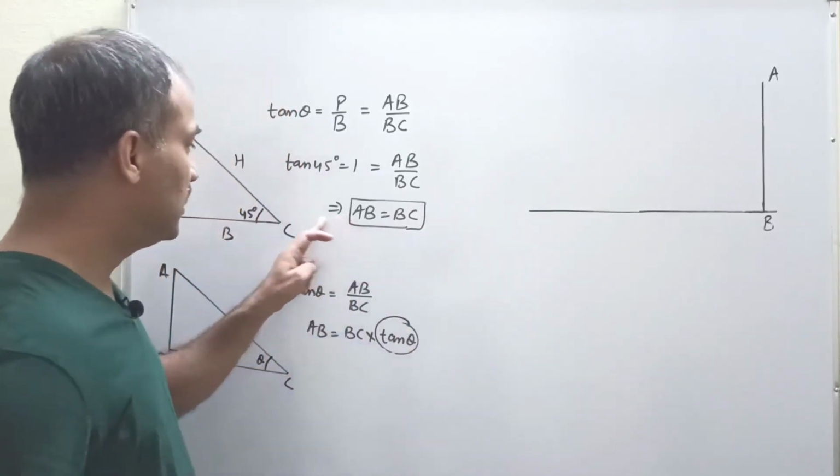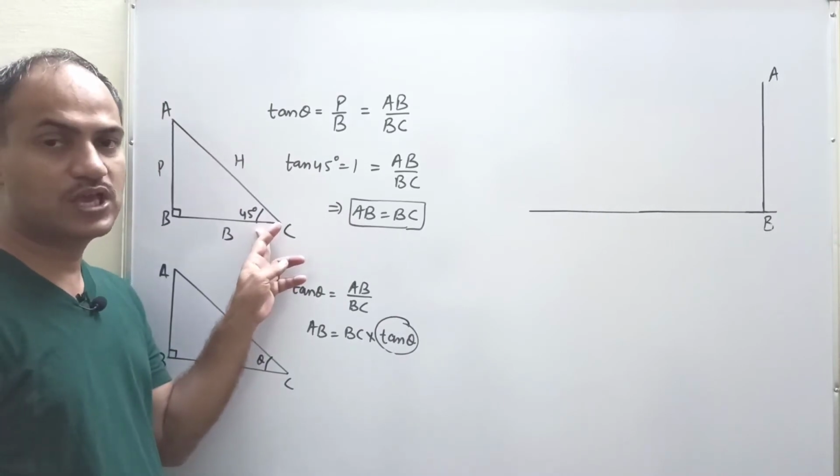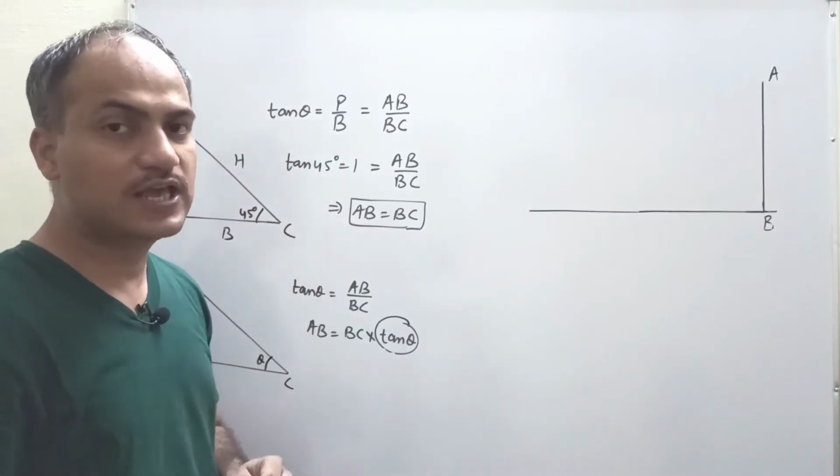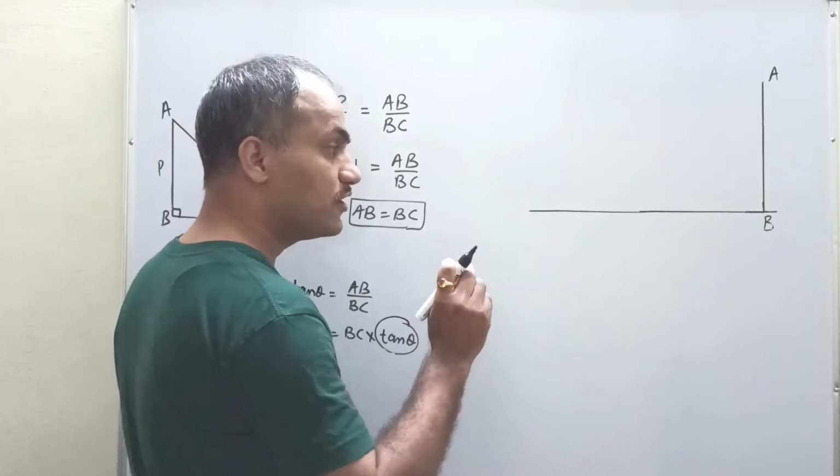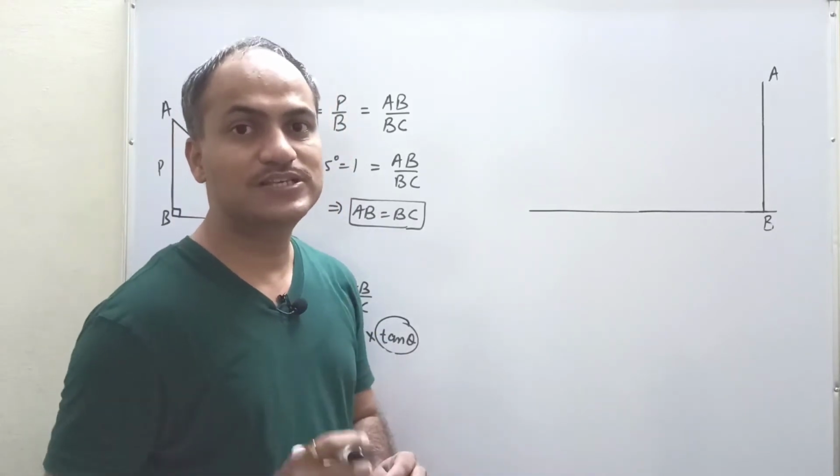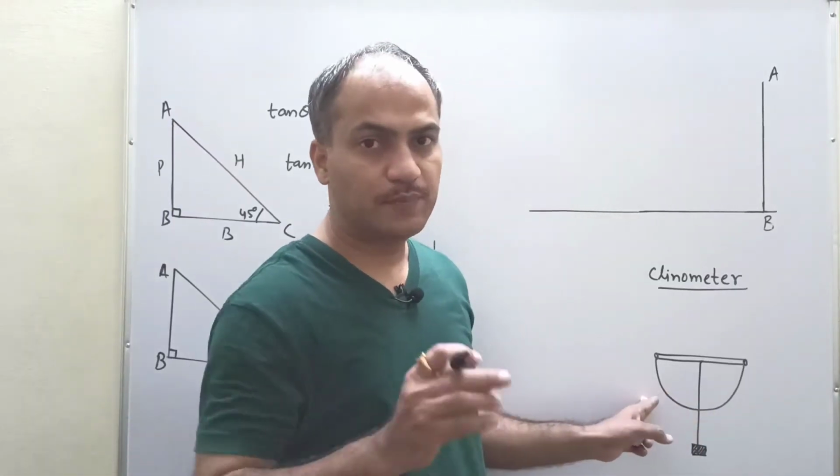Measuring angle is not going to be easy. Okay, easy नहीं है. उसको easy कैसे बनाना है? Let us think about it. Okay, we use one device and that device name is clinometer. So what we do, we take a protractor.